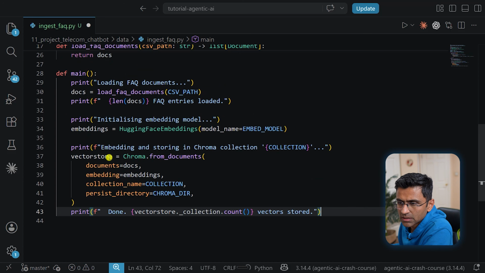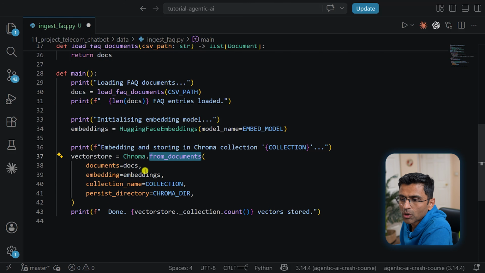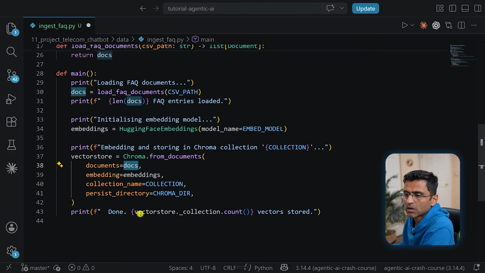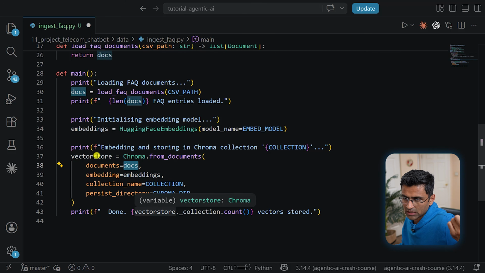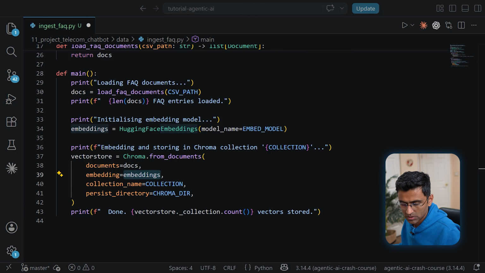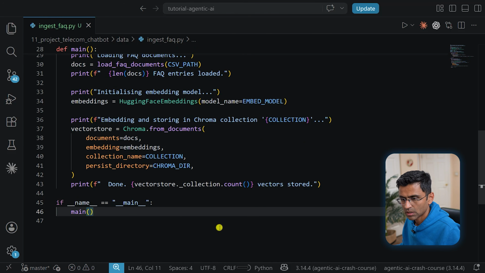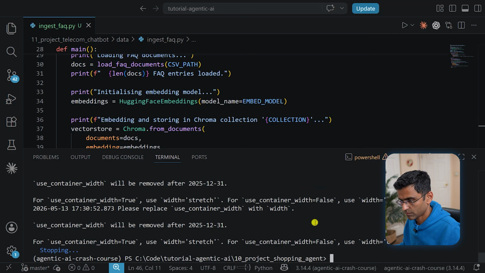To ingest it, you will load those documents by calling that function, and then Chroma.from_documents. See, this is how you ingest the documents inside Chroma, and you get this vector store. Now here you are passing the embedding. Okay, so let's call this function, and now from